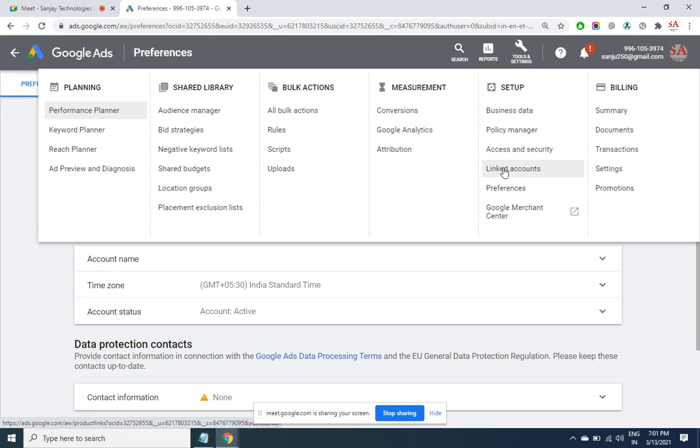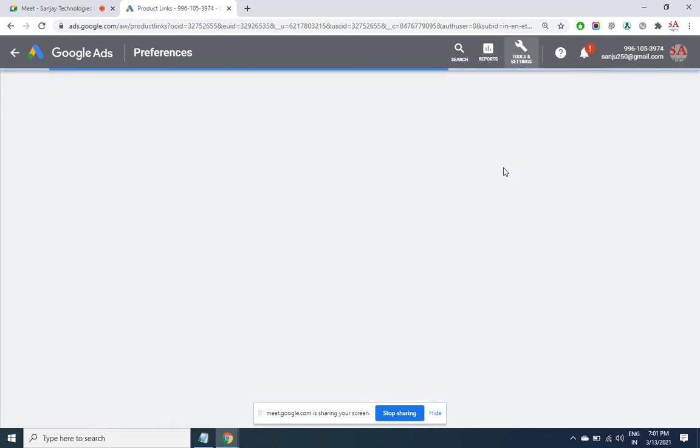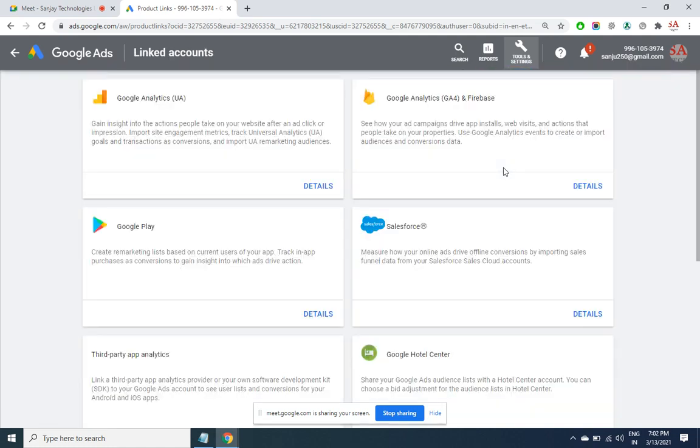Linked accounts. If you want to link your AdWords account into the Google Analytics, Salesforce, so many applications are there. So then while you go into the Google Analytics, there will be a separate column for AdWords. What we have seen is for SEO, how the traffic comes, what is the various sources. Likewise, you will be able to see even for AdWords entire data analytics of the traffic location wise, gender wise, device wise. So if you want to link account through Google Play, Salesforce and all that is available here.